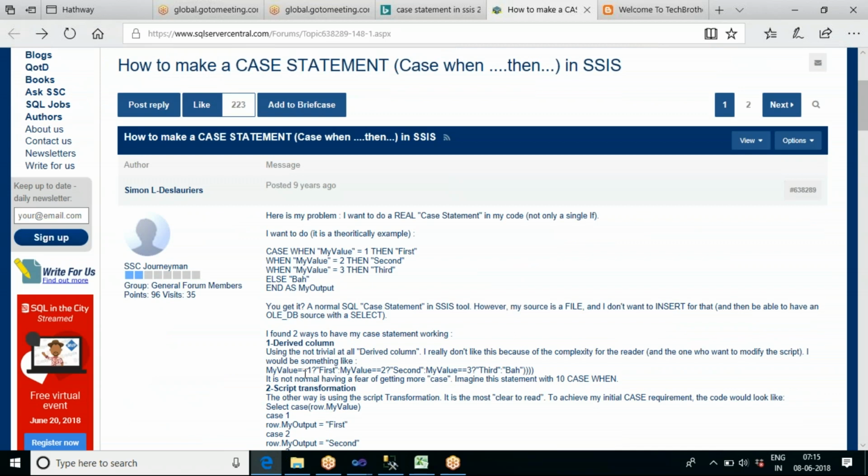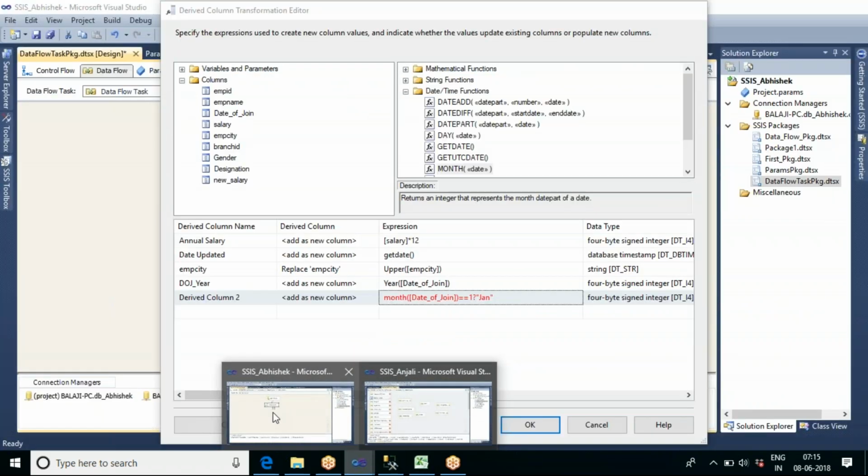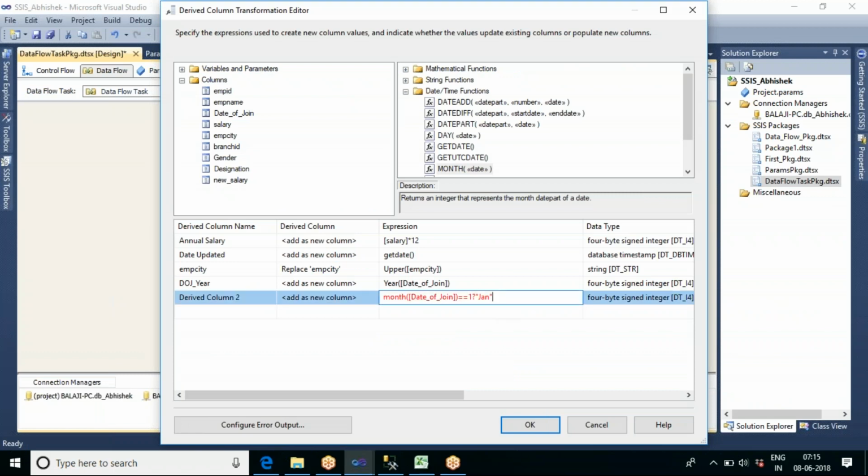So here, if my value is equal to 1 first, okay, sorry, what is the value in this days? Let me go for this. If it is 1, then January, else, instead of comma we need to put this as, let us say, December.